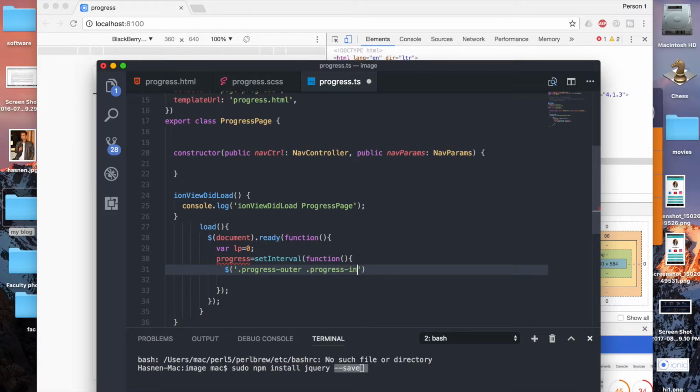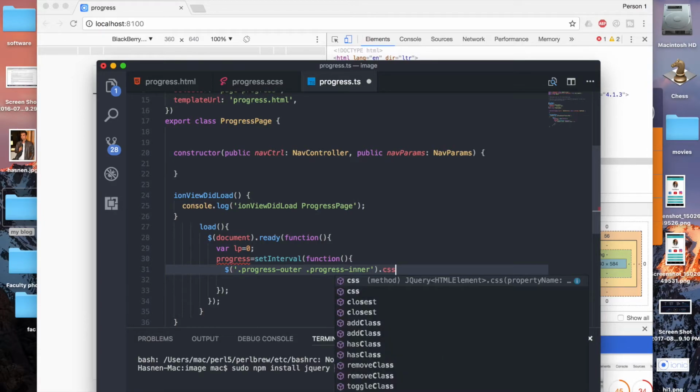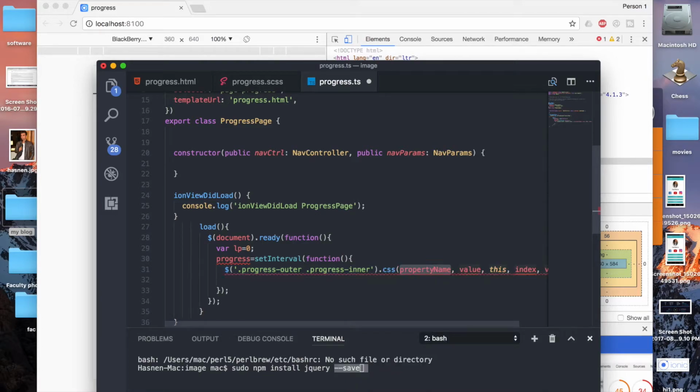So here we are targeting our div elements from the DOM, and we're going to change the CSS, so we should write .css and the property we want to modify. The name is width,